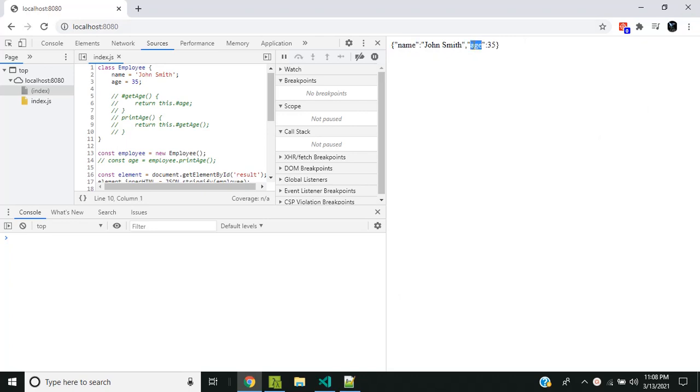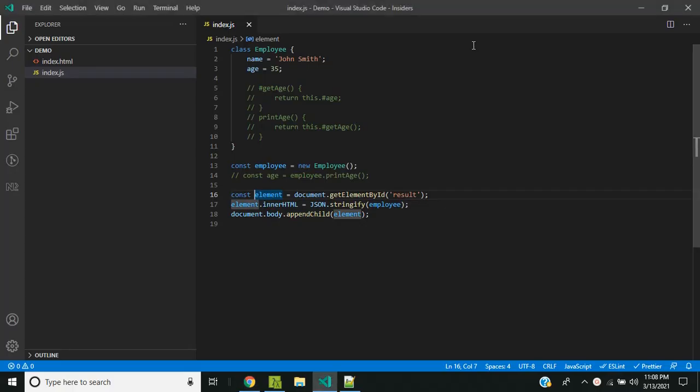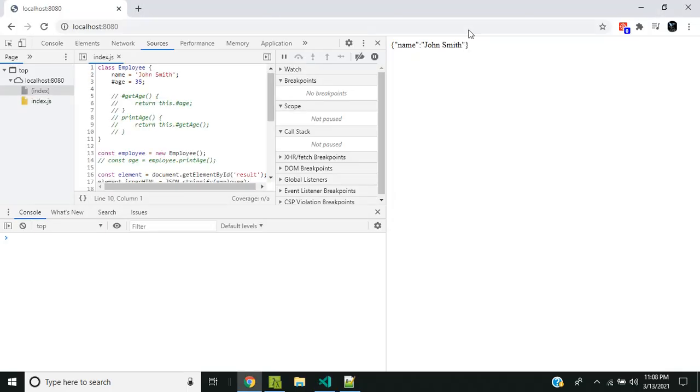In effect, currently all the properties and methods inside a class have the public access modifier. Newly, they have introduced the private modifier. In case you give the hash symbol before any property, it will be converted to a private property. So when I refresh the application, you can see that only the public property name is getting displayed and the private property age will not be displayed.